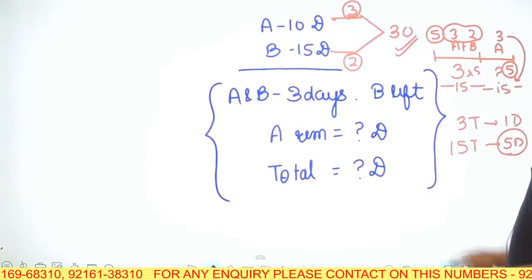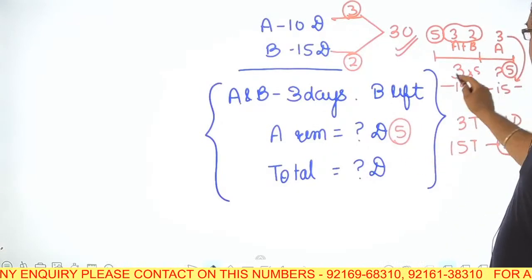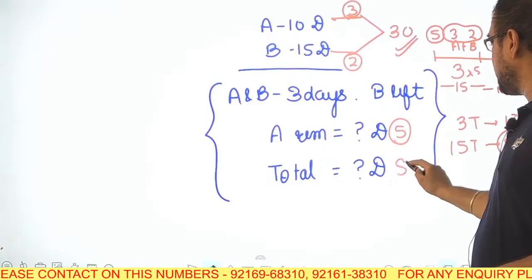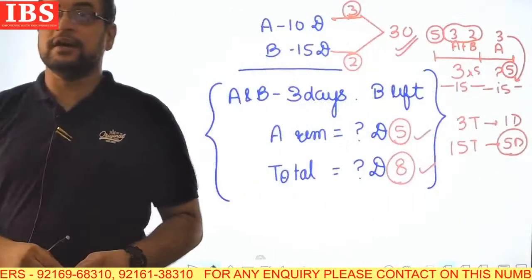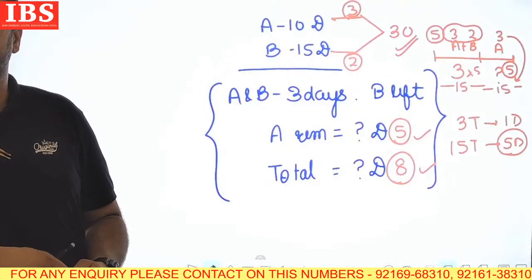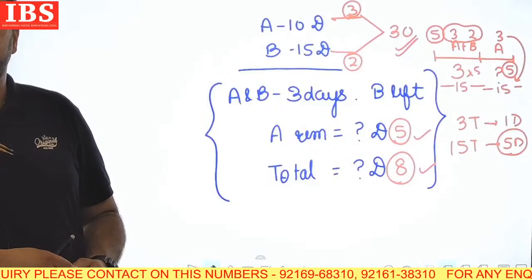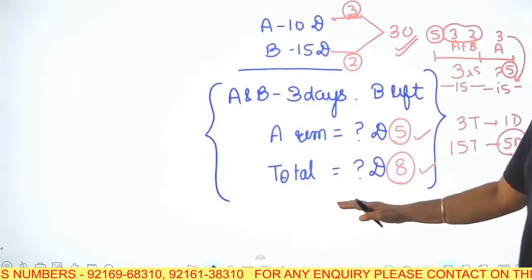So this question mark will be equal to 5, and total work lasted for how many days? 5 and this 3, 5 plus 3 is 8 days is the right answer. This is 5, this is 8. So this will be the right answer. So Madhu says 5 correct, Purna 5 correct, Pia 5 correct, Nandini 5 correct. Very good. And the total work will be done in 8 days is the right answer.